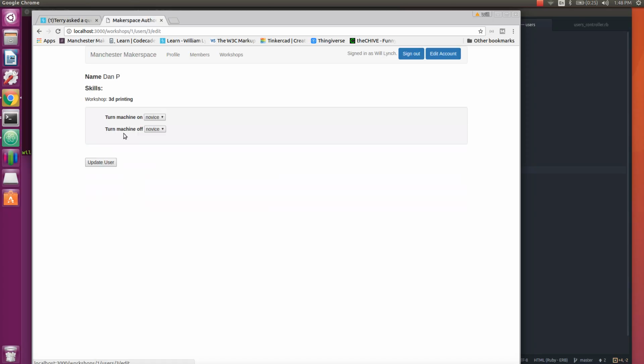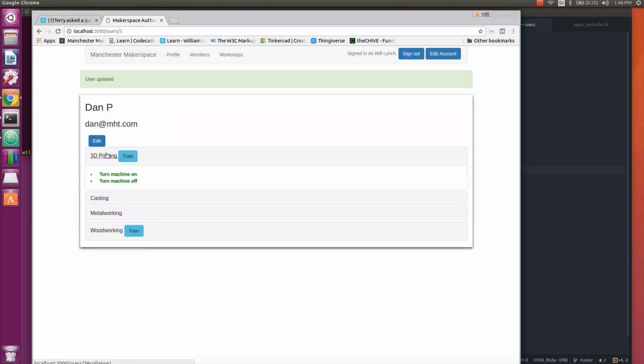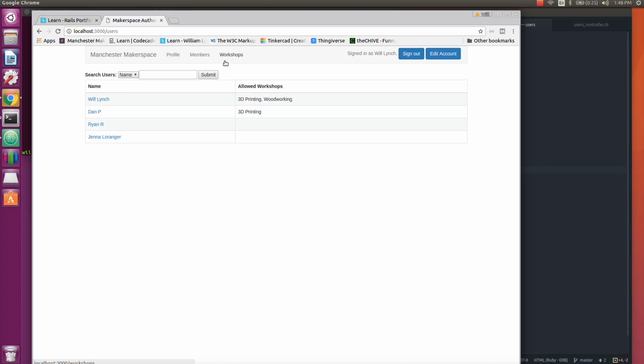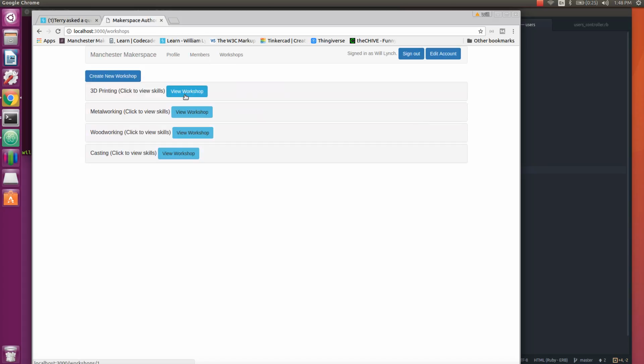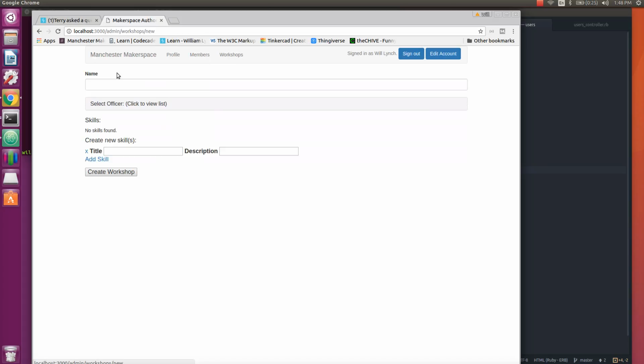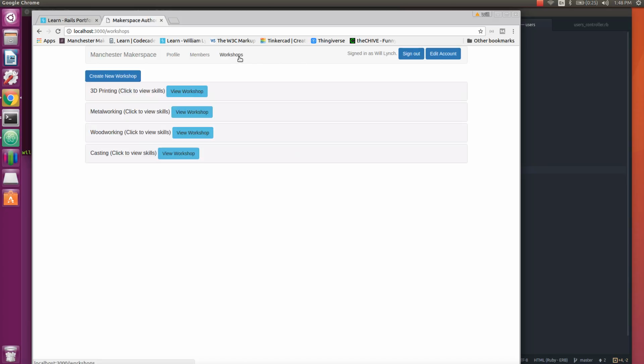And you can make them pros and experts. The idea with expert is that they can then train other people. It just makes them bold down here when they're signed off and an expert. So to show you what it means to be an officer of something, instead of these being all admin features,